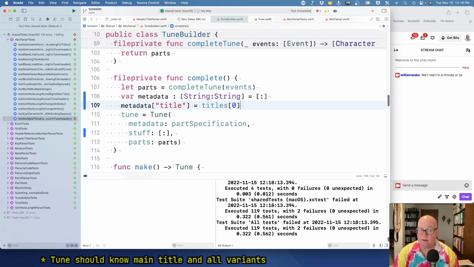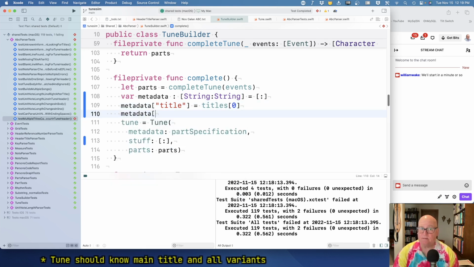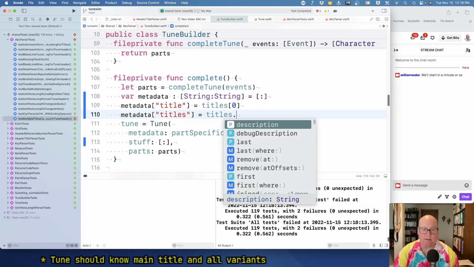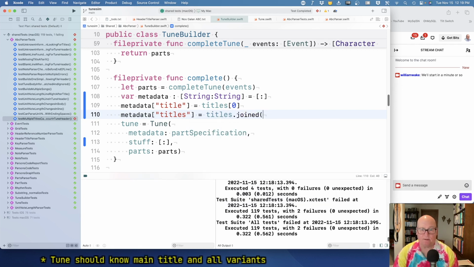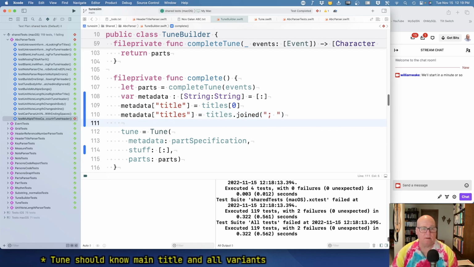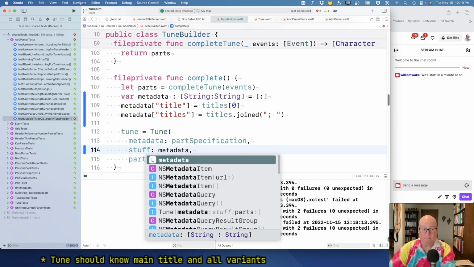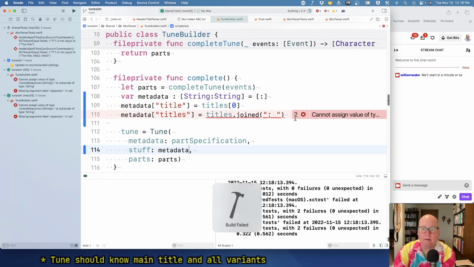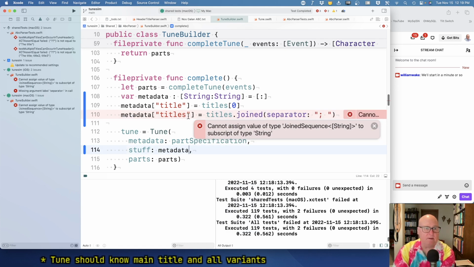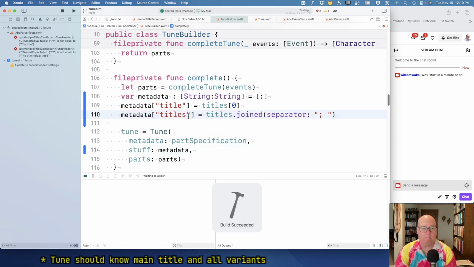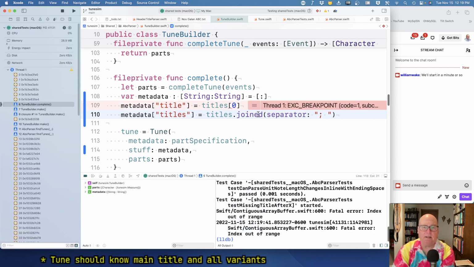Okay, and I'm going to say metadata subtitles is titles dot joined with semicolon space. Okay, and then we're going to pass that in as the stuff. Okay. I think I have to say separate area. Okay. All right. Yeah, that definitely can happen. All right. If there is no title, let's just make it empty. And I think